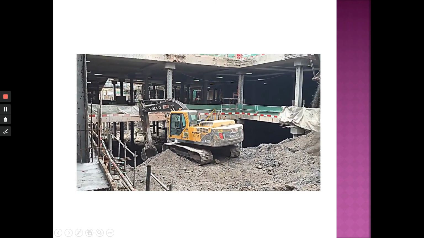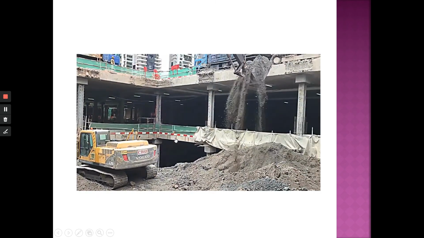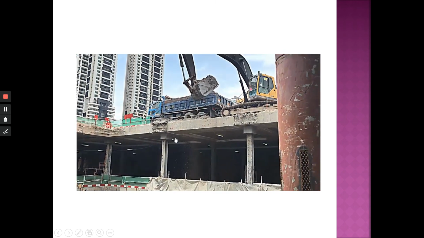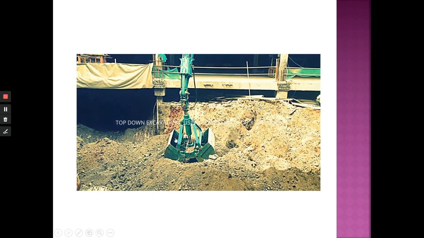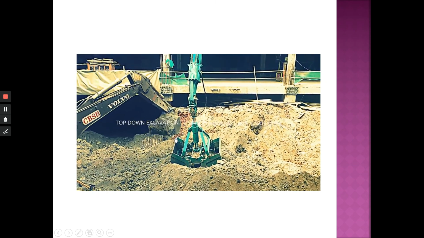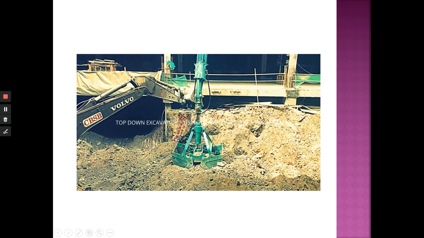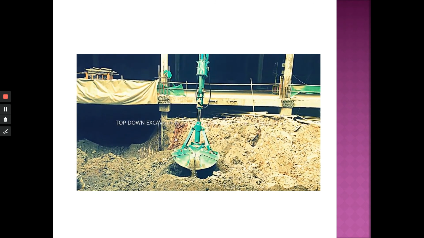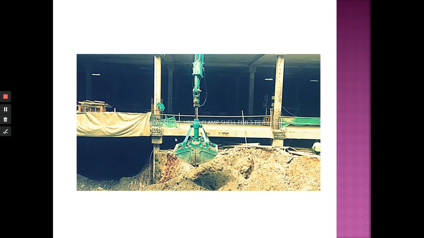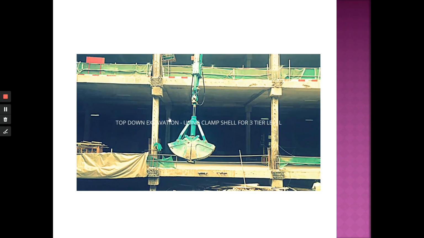Okay, how many tiers already now? First, second. It's still on the second tier. This is the bucket. This is already for the third tier.